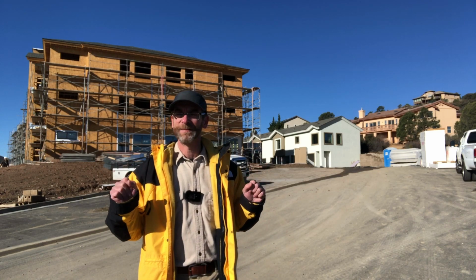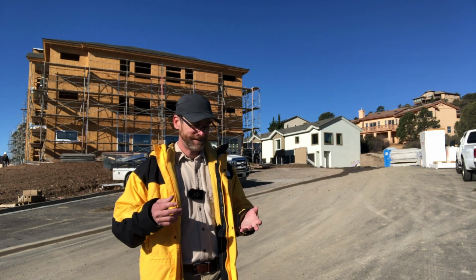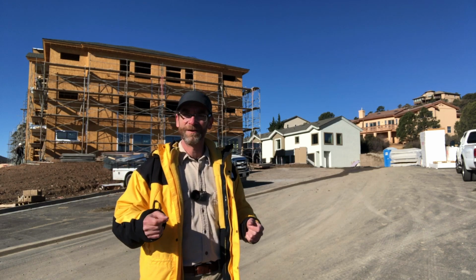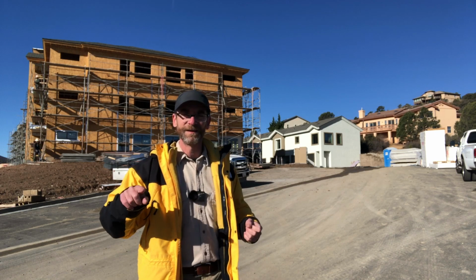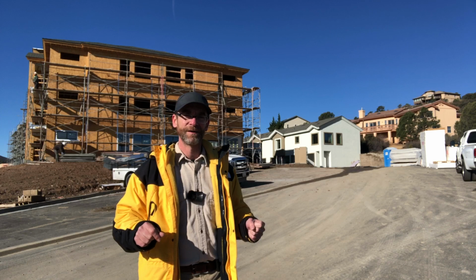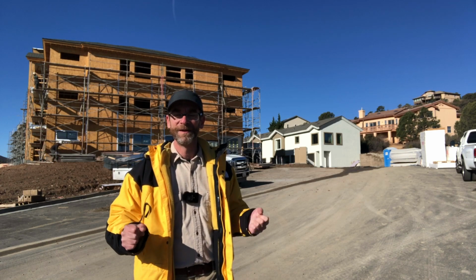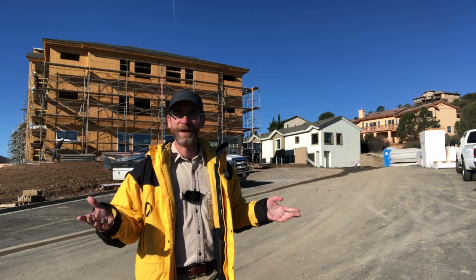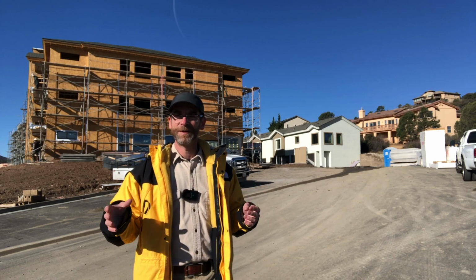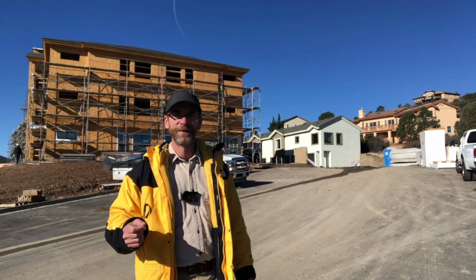My hands were freezing. By the way, don't forget to get gloves that you can actually still use on tablets, the little gloves that have the fingertips that can work on the tablets. I was using those earlier this morning because it was just so darn cold. I didn't want to keep my hands out because I've been outside for over an hour and a half here. Normally this site takes me about an hour,